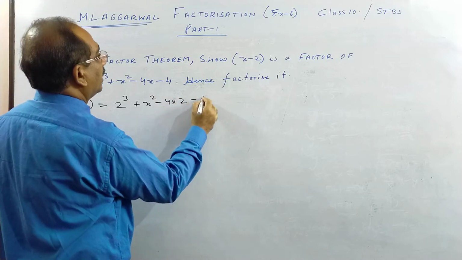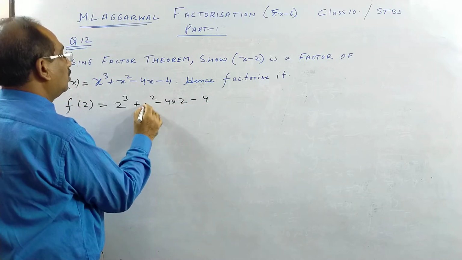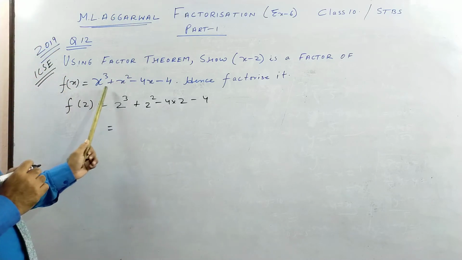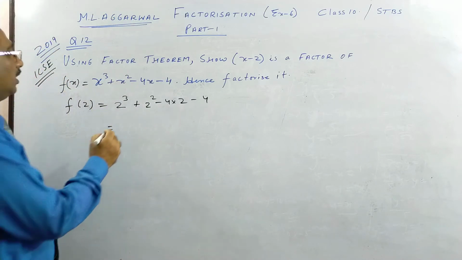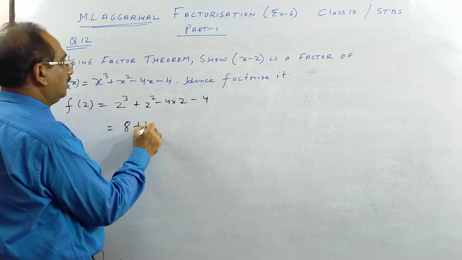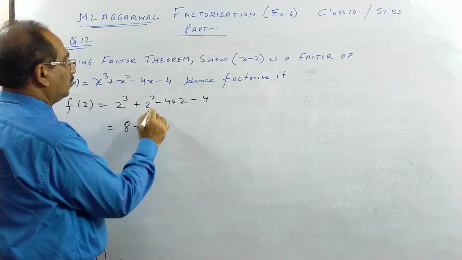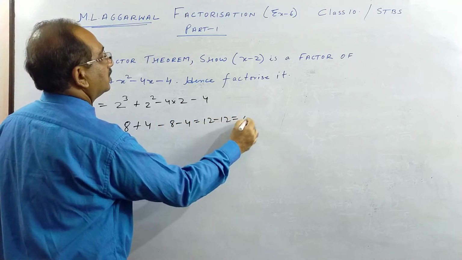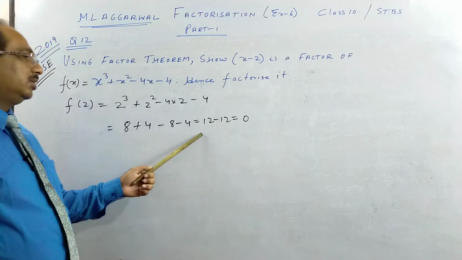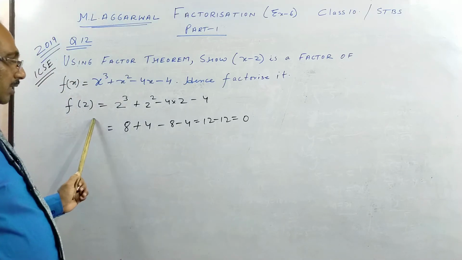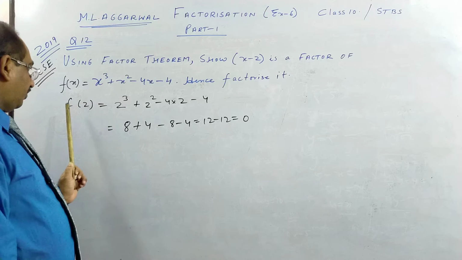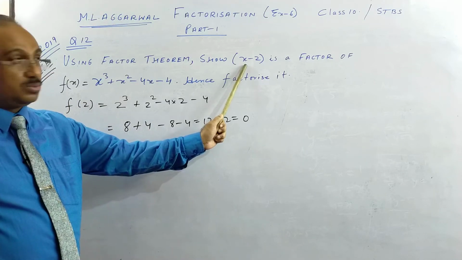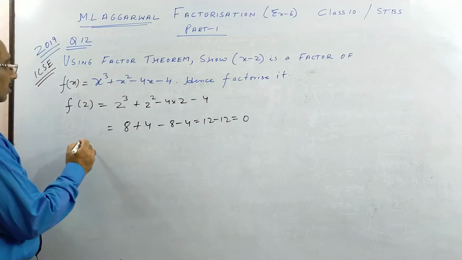So in place of x, children, I will put 2. Wherever x is there we have put 2, and let us see what we get. 2 cube is 8, 2 square is 4, so we get 12 minus 12, which is 0. When the remainder is 0, that means f(2) is 0, so x minus 2 is a factor of